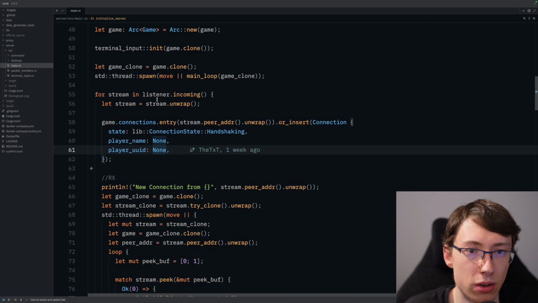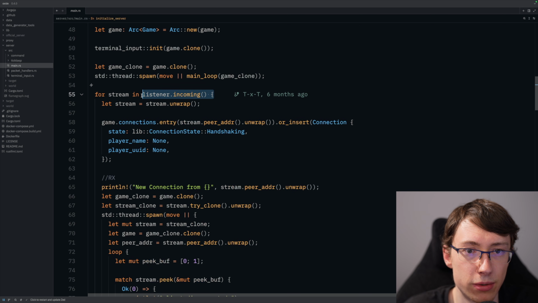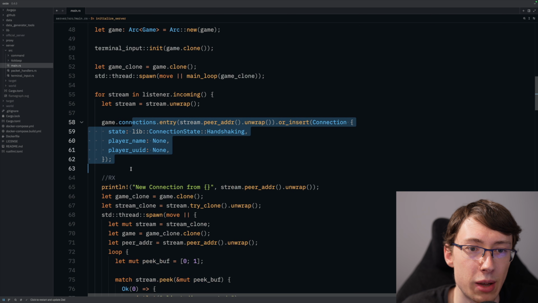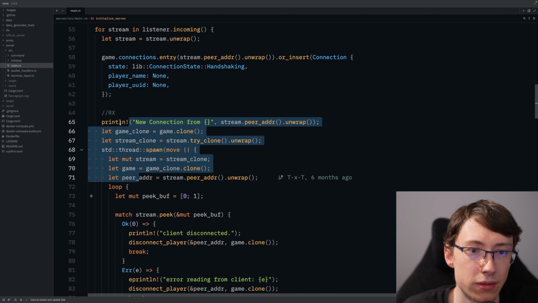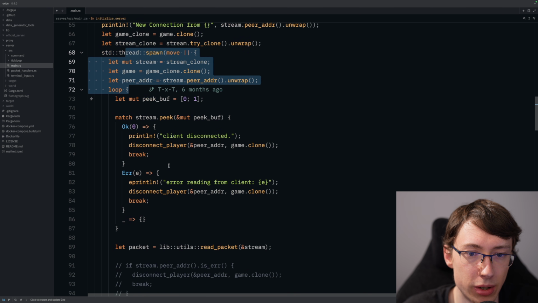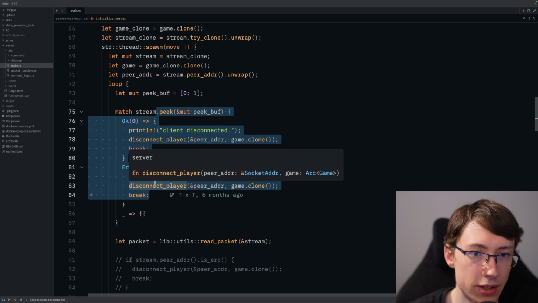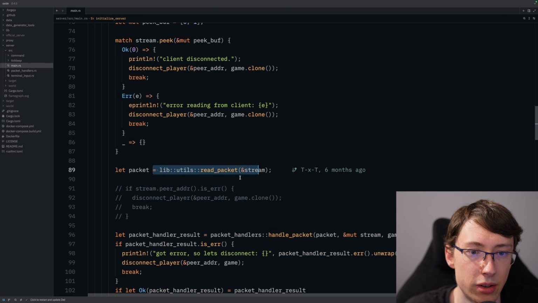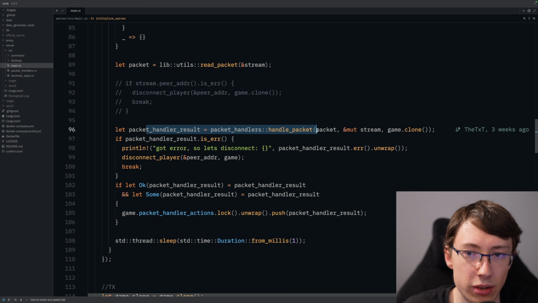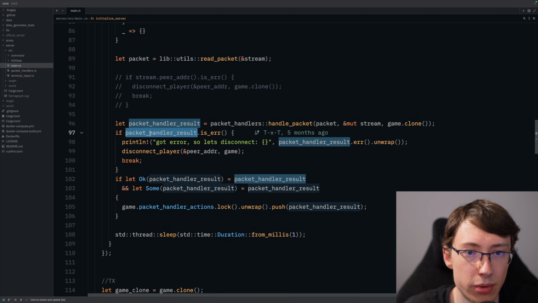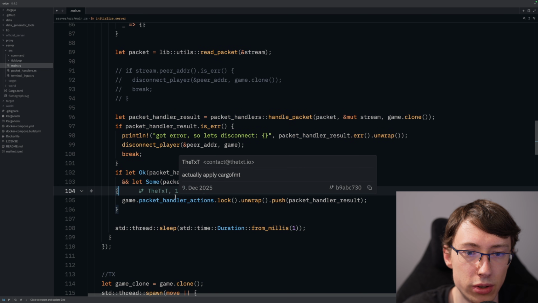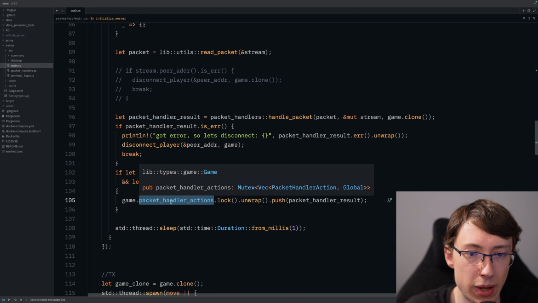And then we just set up new threads, we just listen for new listeners coming in. We make a new game connections entry. We set up for the receiving side a thread where we then just loop through and constantly listen for new packets coming in. If we have a new packet, we use this read packet function. And then we call the handle packet on that, and we do something with the packet handler result. So we disconnect the player if we get an error, or we put this into this game packet handler actions